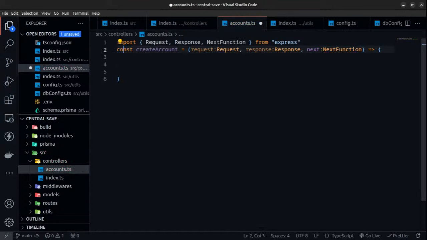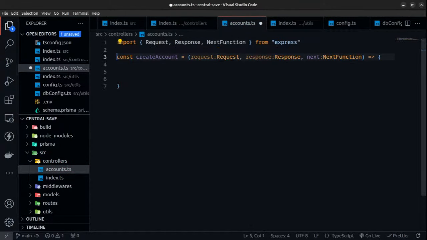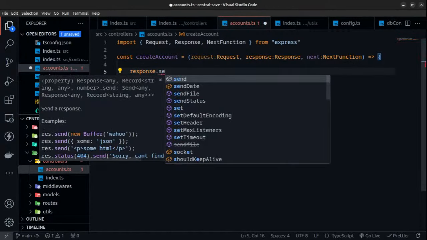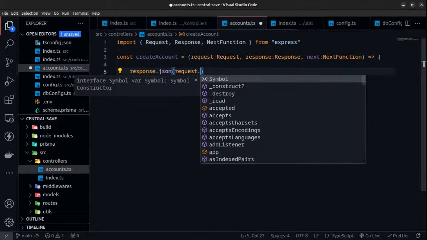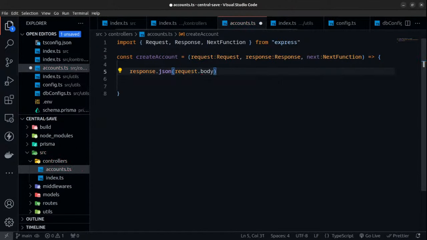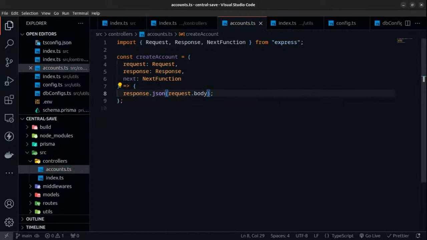So createAccount will do something for us. What it will do is grab what is coming from the body. So we just do a simple response JSON, and we'll grab what's coming from the body, like that. Okay, so when we run this,